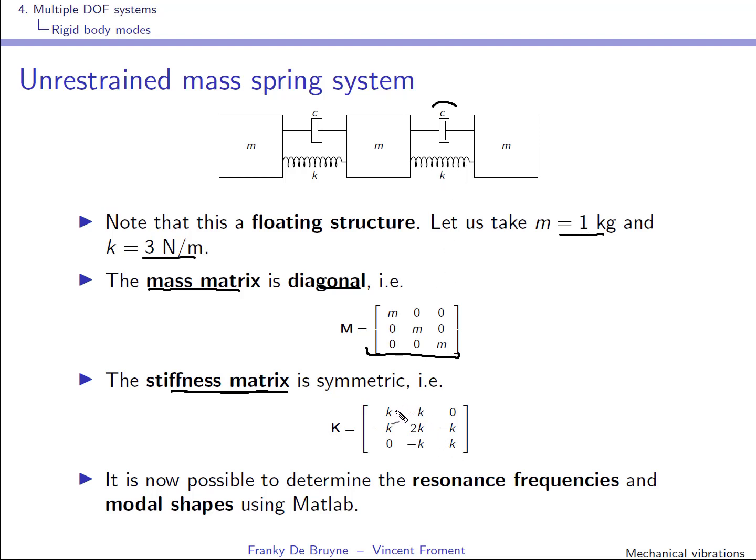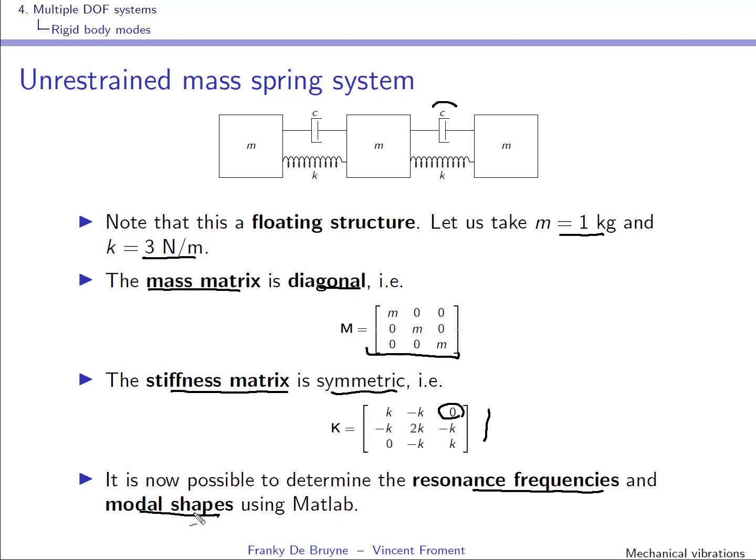The off-diagonal elements: for element 1 2, you look at the connecting spring, you put a minus sign, and of course you'll have the same thing for the element 2 1. This is telling you that this matrix is indeed symmetric. This one is 0 because there is no linking element between 1 and 3. So we construct the stiffness matrix, and it's now easy to determine the resonance frequencies and the modal shapes